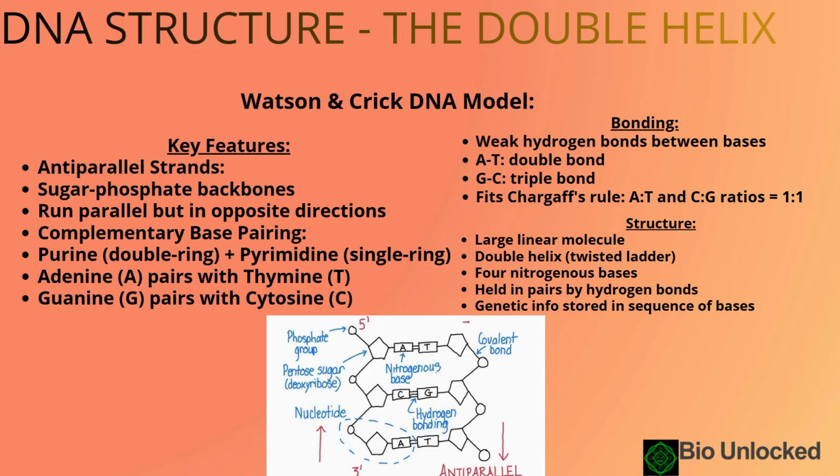Watson and Crick realized in the model that to ensure backbones remain equidistant, a double ring purine base needs to bond with a single ring pyrimidine base. Purine adenine must bond with the pyrimidine thymine, A and T, basically. Now, purine guanine must bond with pyrimidine cytosine. Basically, pyrimidines are cytosines and thymines, and purines are